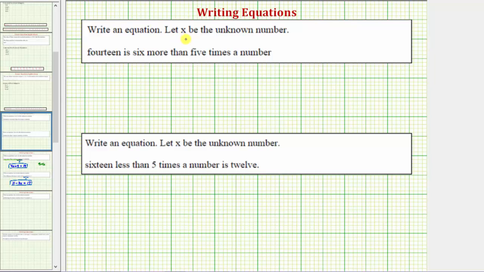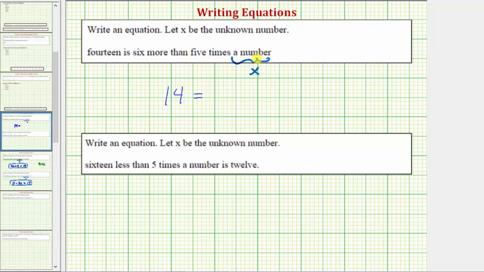We're asked to write an equation and let x be the unknown number. We're given 14 is 6 more than 5 times a number, and because the unknown number is x, we can also read this as 14 is 6 more than 5 times x. Because is means equals, and we have 14 is, we begin with 14 equals, and now need an expression for